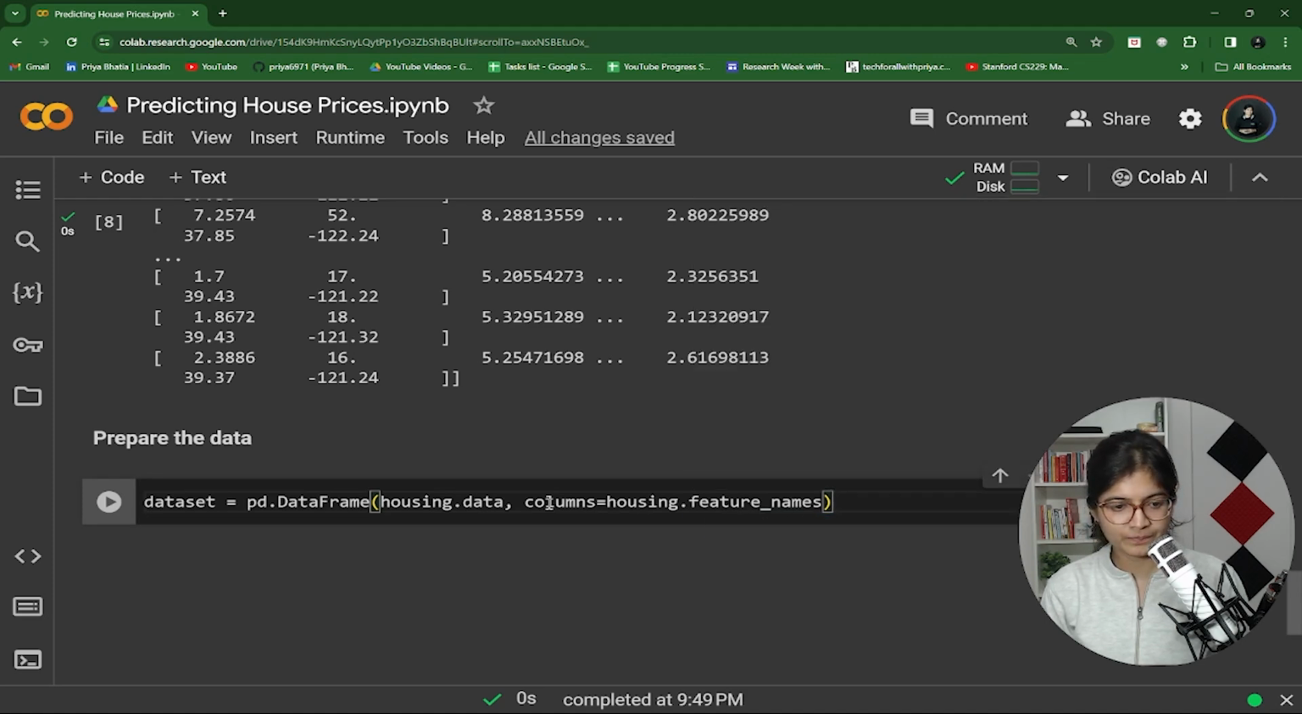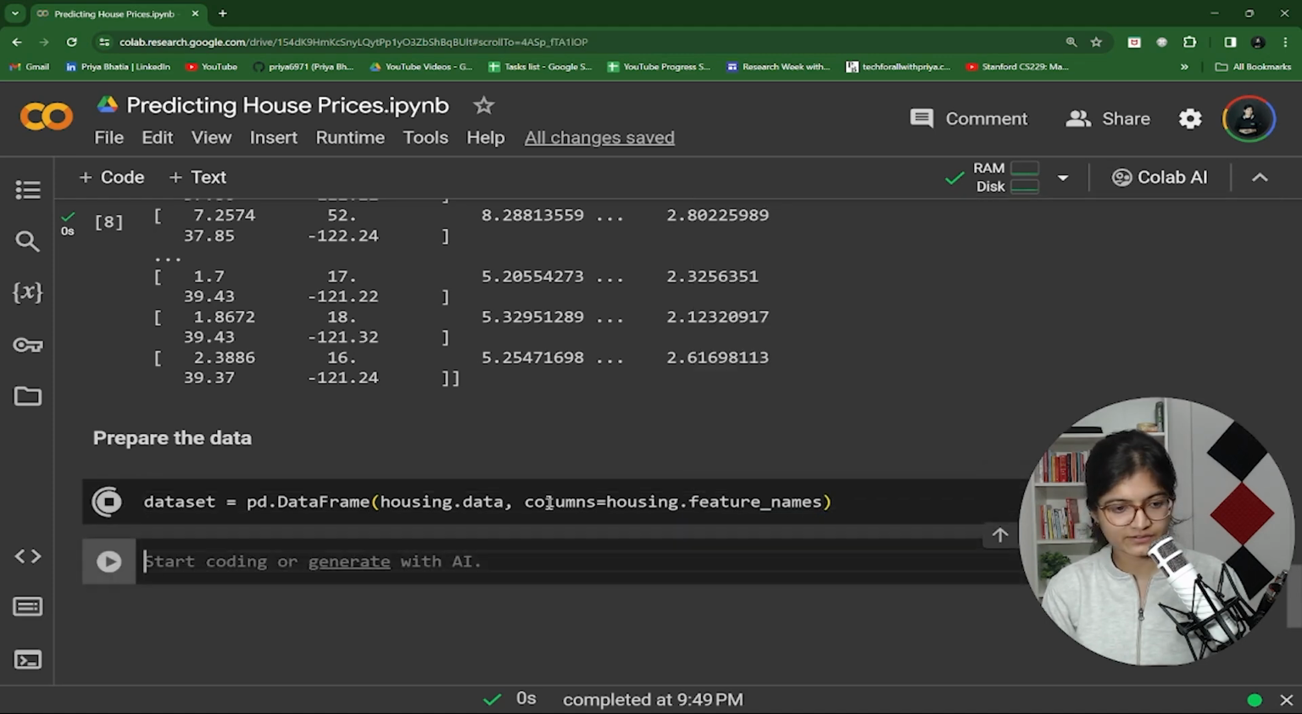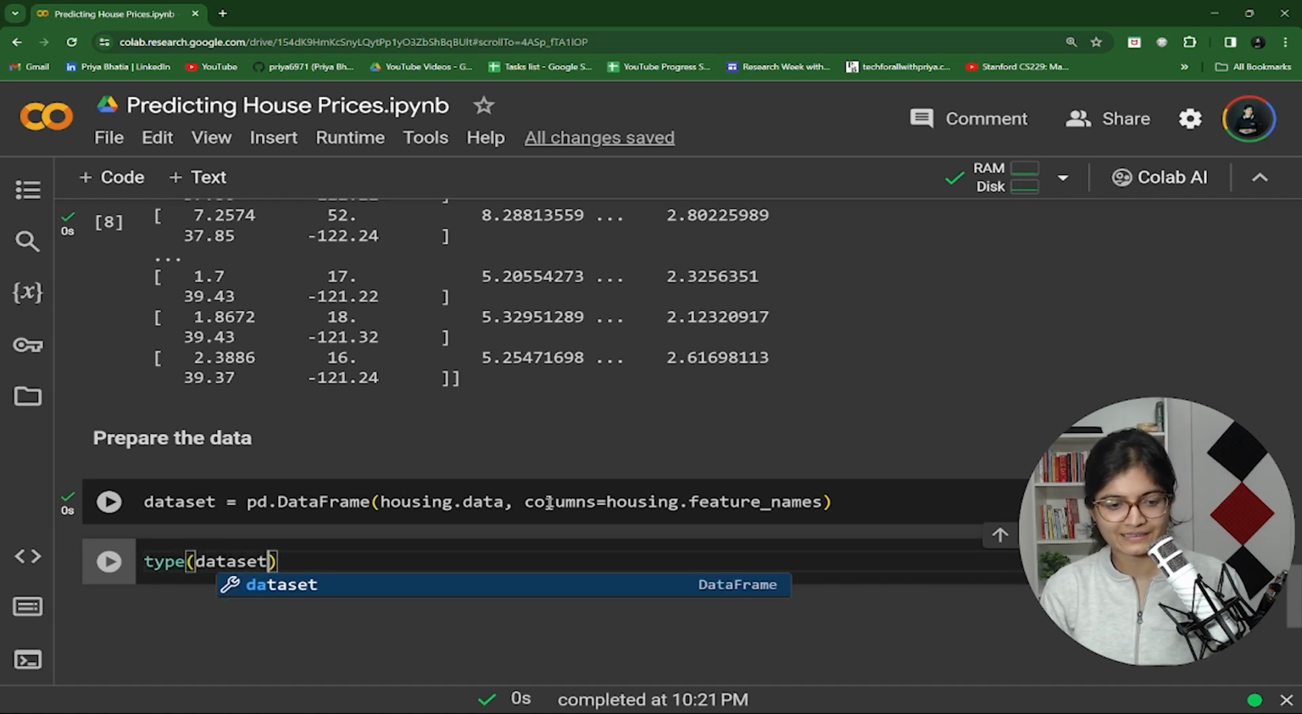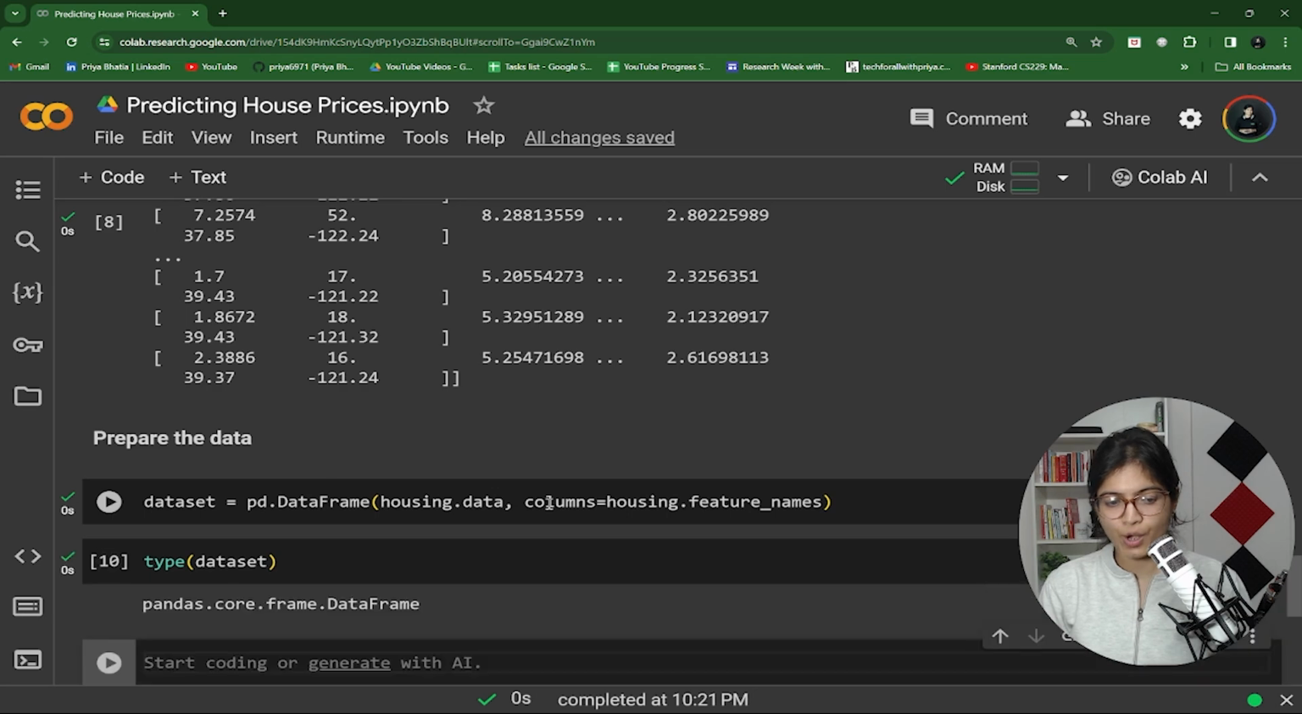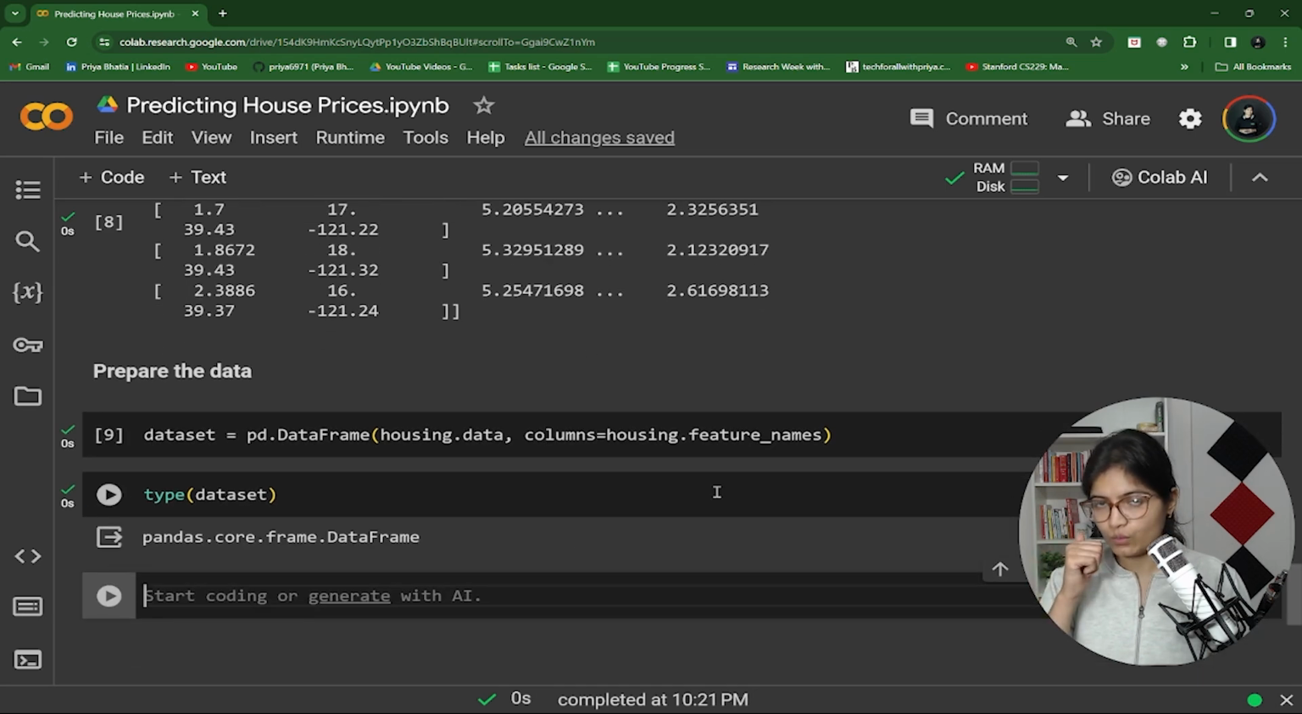Now, let me do one thing. Let's run this. Let's see the type of this data set. What does this type look like? The type of this data set. So here if you observe, now we are good to go, because you can clearly see that the type of this data is a data frame, which is what we really want. And now I think it's the right time we can do a lot more operations on top of that